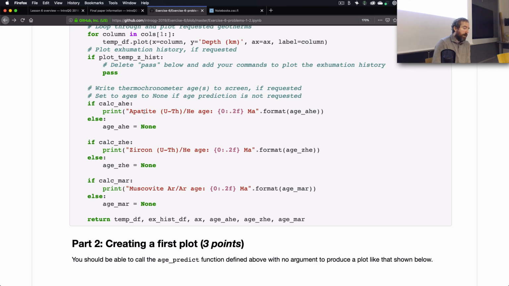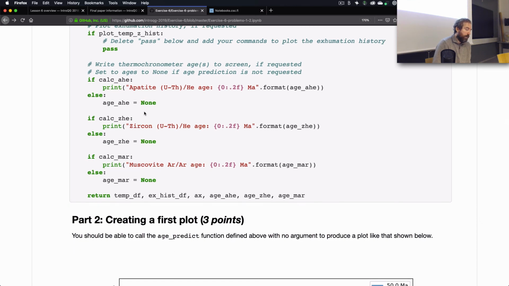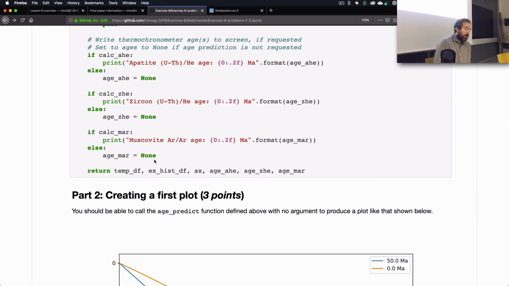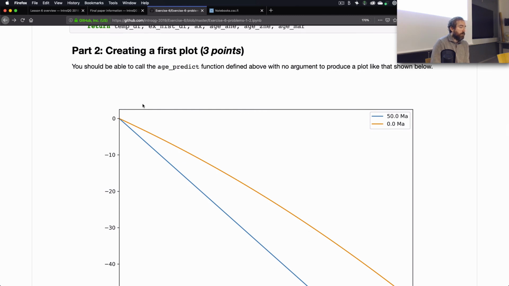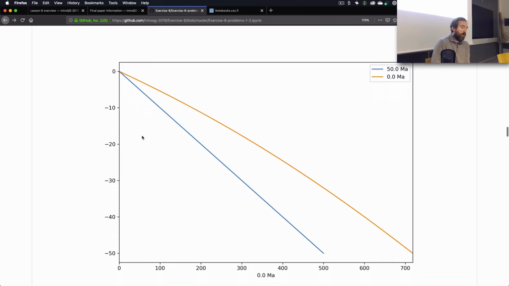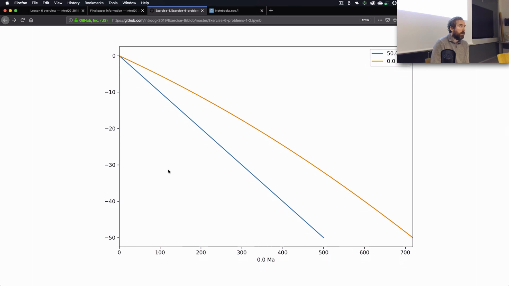And you'll end up adding a couple lines here to have those values show up on your plot. So as it is, once you read through this and understand at least a bit of what it's doing, you can go here to part 2, and that is basically just to run the code, and you'll produce a plot that looks, well, actually it should look exactly like this when you run the age predict function by itself at the start. So here it produces a calculation of the temperature from 0 down to 50 kilometers depth